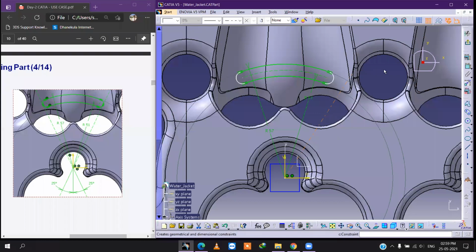Again, I will create this one. While drawing the axis, keep in mind that this blue color dotted line will not come. Draw up to some extent. Tangential. Okay.